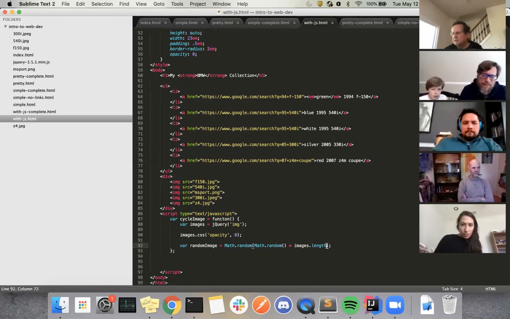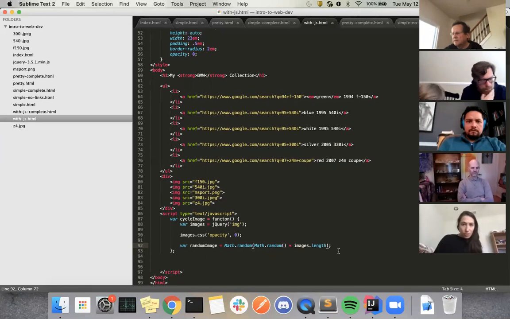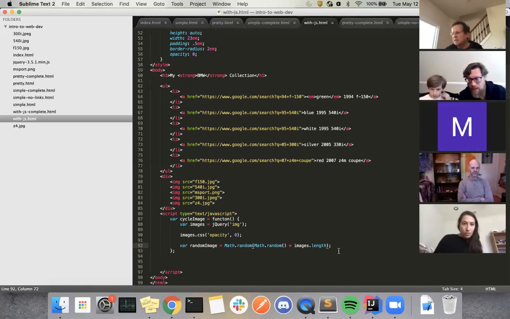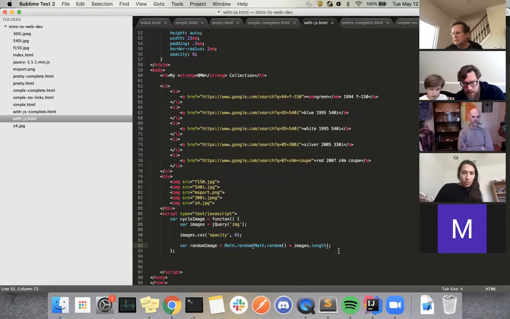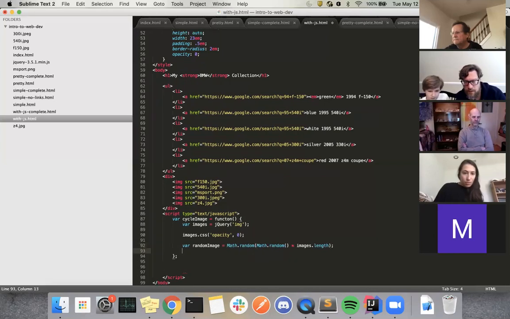Now, we don't want an actual 5 because in JavaScript, when you say I want to get element 1, the first element, you're not actually going to say element 1, you're going to say element 0. And if you said you want to get element 5 for the last element, that doesn't actually exist because the list starts at number 0. So going from 0 to 5 is actually a problem. So I'm going to say JavaScript, I want you to reset this number to be the minimum